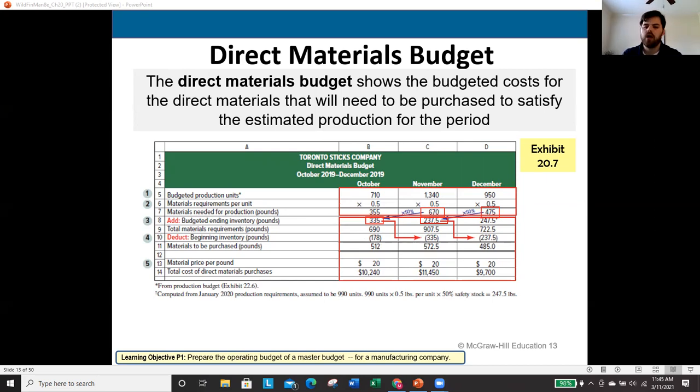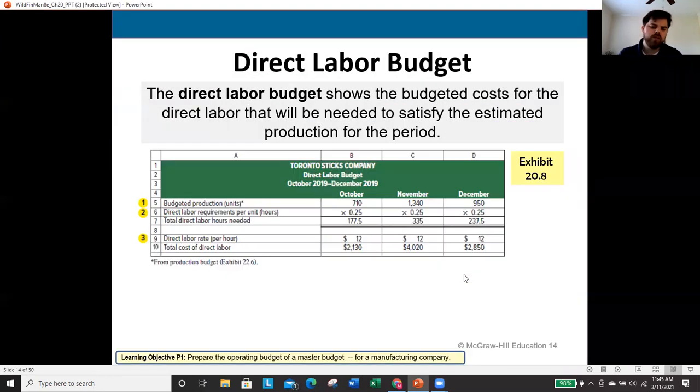Very good. Now, for my next budget, we will look at the direct labor budget. So we just looked at direct materials. Now we're going to look at direct labor. The good news is direct labor is much easier to work with in terms of budgeting than direct materials, and it comes back to that fundamental difference in the two. I can store materials. I can't store labor, right? I can't pull 40 hours of direct labor off a shelf. It doesn't work like that.